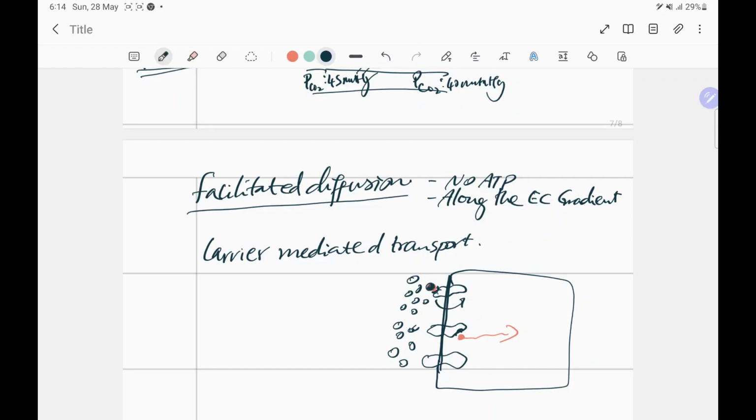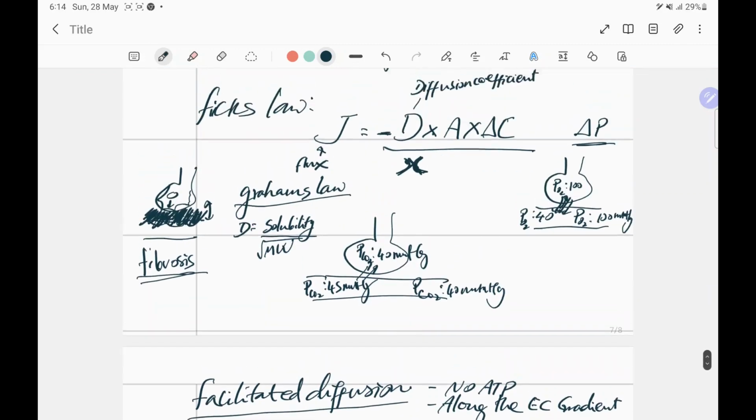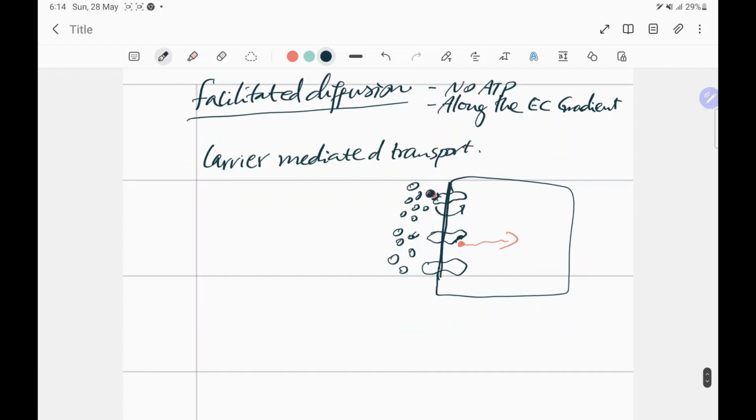There's a maximum limit beyond which they cannot transport. So the flux, the rate of transport, is not infinite like in simple diffusion, okay? You reach a ceiling of transport, and I'm going to show this in a graph